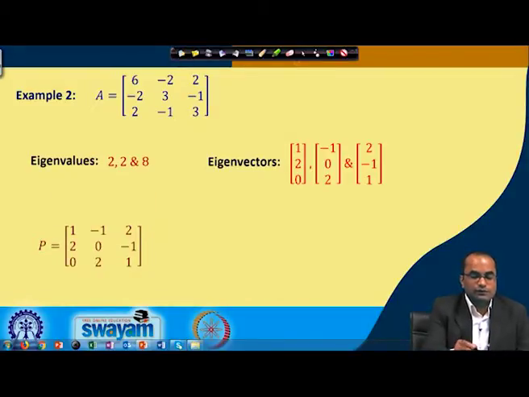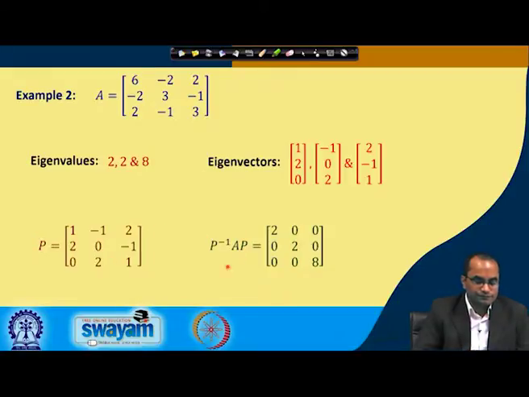So, if we compute the P inverse A P now, we need to get this P inverse, and then make this product, and then we will get this 2, 2 and 8, exactly the order in which we have placed these eigenvectors. So, we are getting these diagonal entries absolutely the same, 2, 2, 8. So, that is the diagonal matrix here, which is similar to the matrix A, and later on we will observe